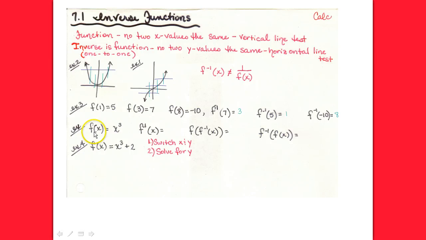So, like the first one, we've got f of x is equal to x cubed. So what's the inverse of cubing something? Cube root. Cube root, right. So its inverse would be the cube root of x. And we used common sense to figure that out, but you might remember that last year in pre-cal, and probably